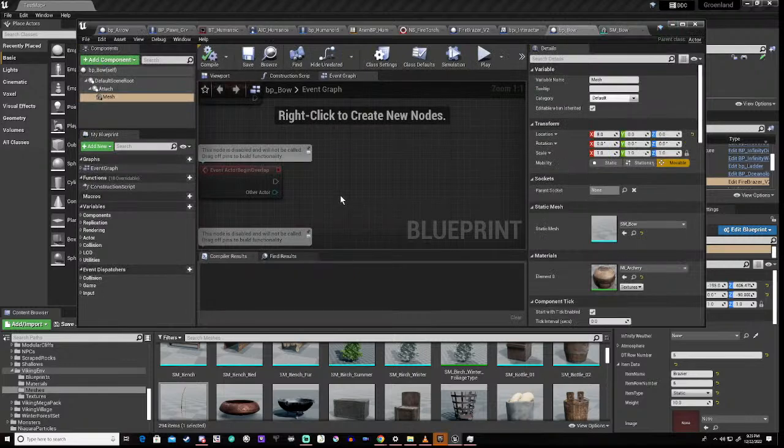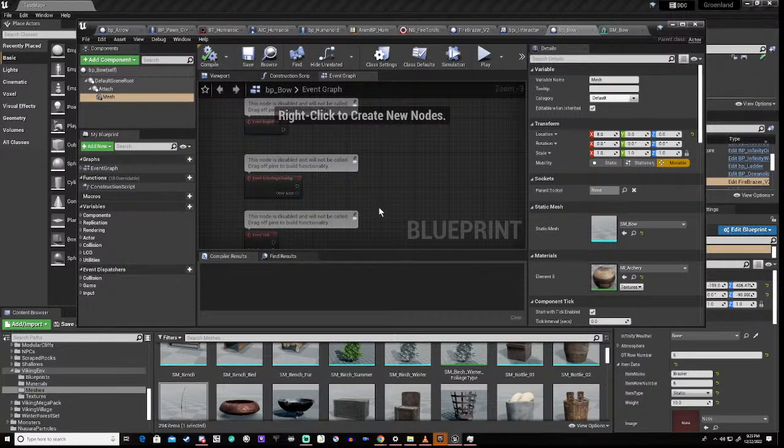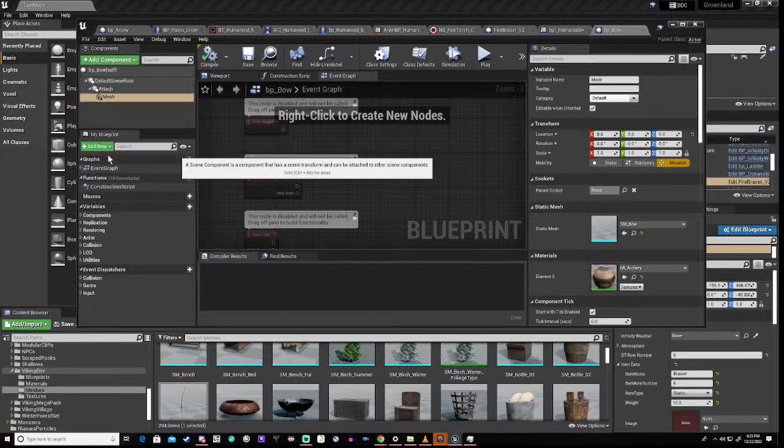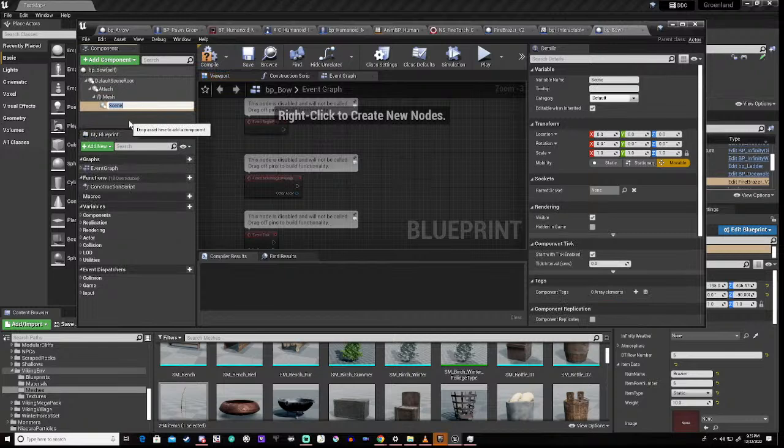But since there's going to have to be more work done to that anyway, what I shall do is I'll add a scene component, and I'll call it notch point,